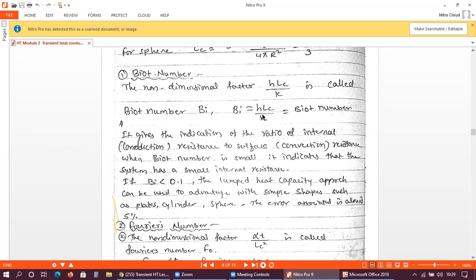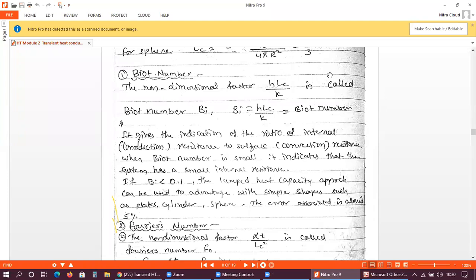So basically, when we are solving problems related to the Biot number, the first part is that we have to check the Biot number. If we are solving any problem in transient heat conduction, we first have to find out the value of the Biot number. If the Biot number is less than 0.1, then only we can say that the internal resistance throughout that slab, sphere or cylinder is within the limit, or that there is a uniform temperature distribution inside that geometry, either flat plate, sphere, or cylinder.